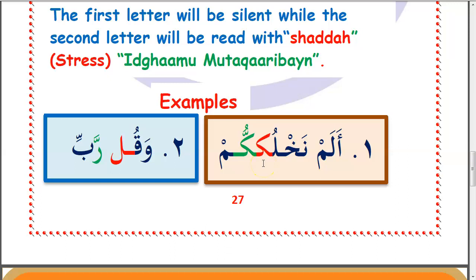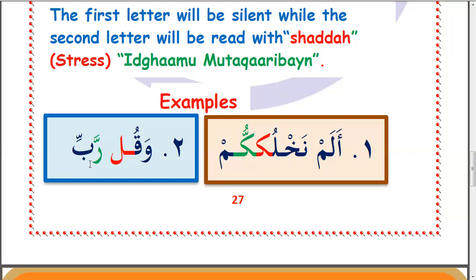It was a mistake. So number two, lam and ra. Their point of articulation is the tip of the tongue, and they are very close to each other at the point of articulation. That is why you find some people reading letter R as letter L. You may hear them saying, I have 20 nala, instead of naira.